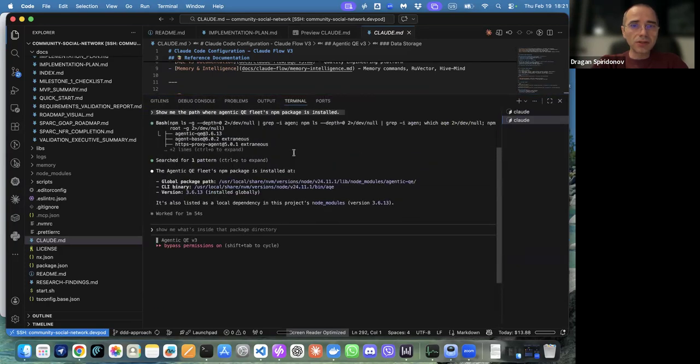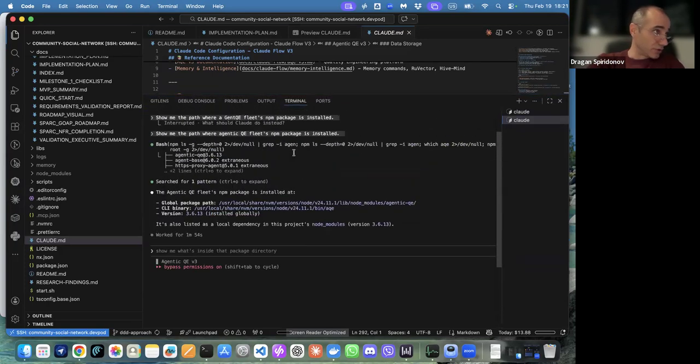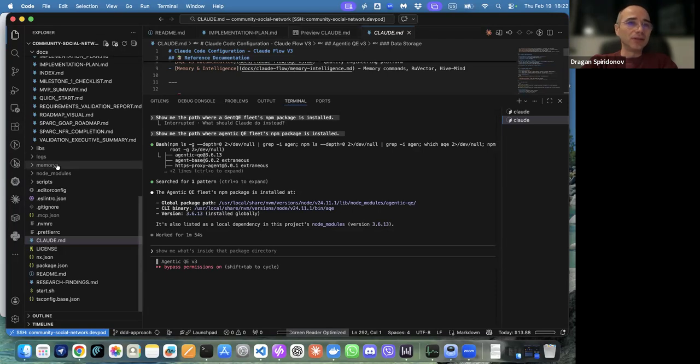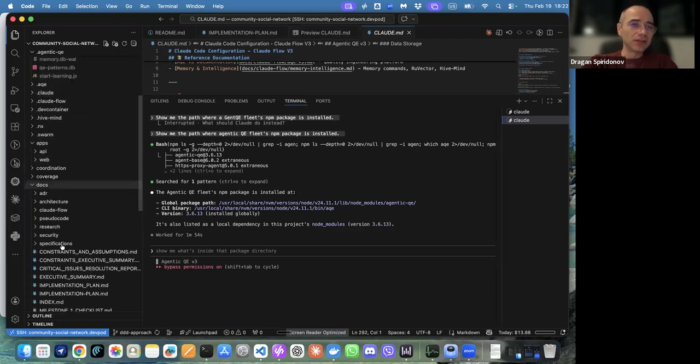Okay, this one finished. So to answer your question, Alexa, here is the path. There is a whole application package there with the functionality, both the CLI and the MCP server, in this folder in node modules. I thought it was a bunch of MCPs in JSON config just calling each other. No. And now when we go back to one of the agents, right?